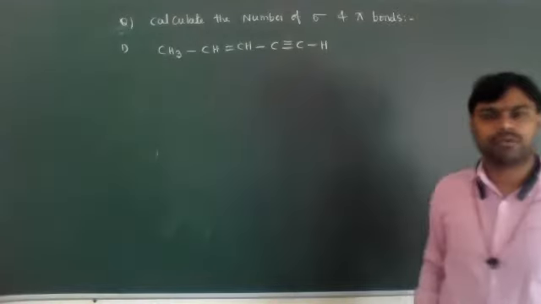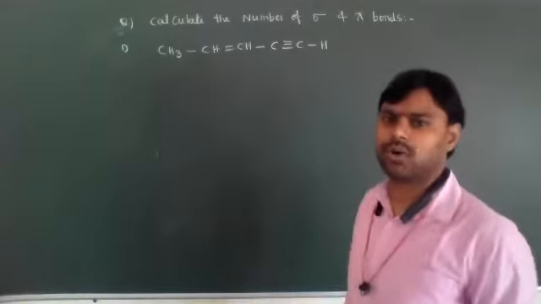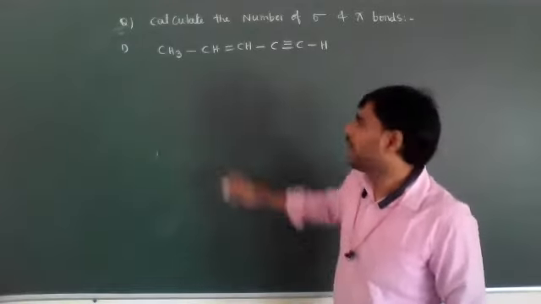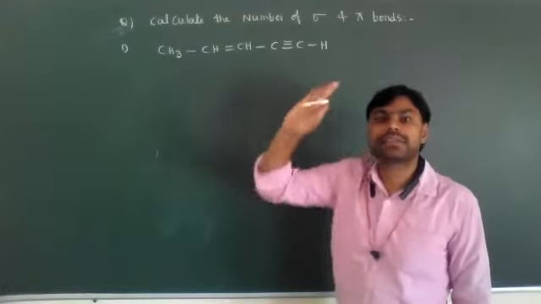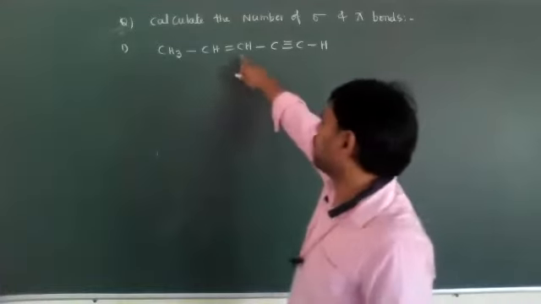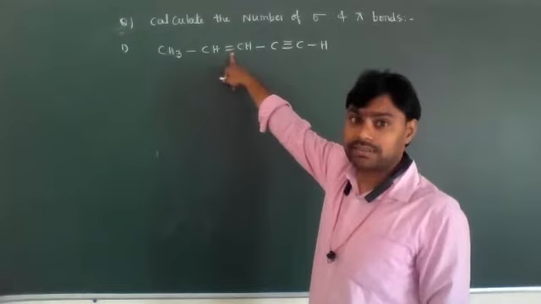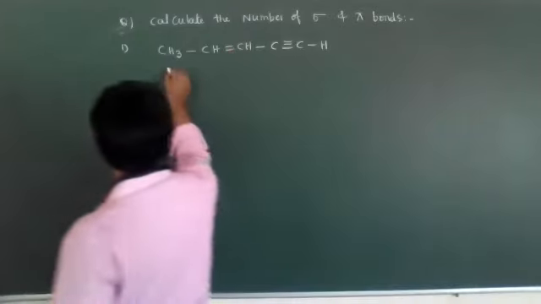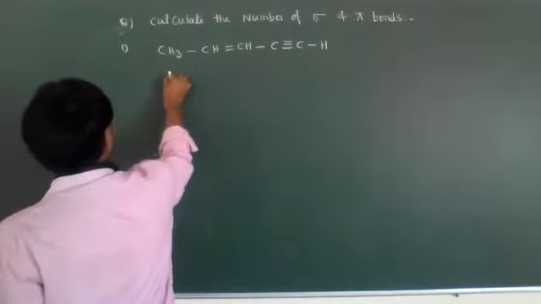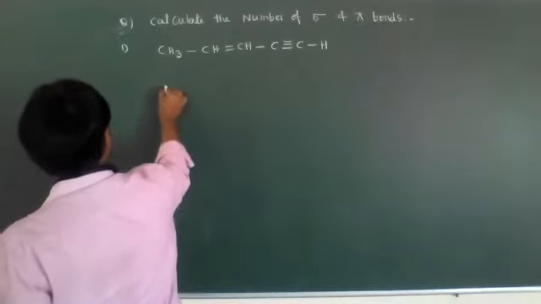Like when one organic compound is present, we have to find out the total number of sigma and pi bonds. Hydrogen atoms always form sigma bonds only. And if multiple bonds are present, a double bond forms a pi bond. So this molecule is nothing but